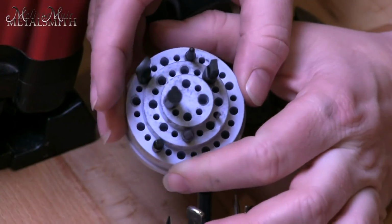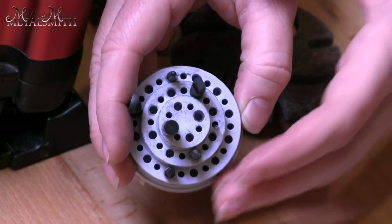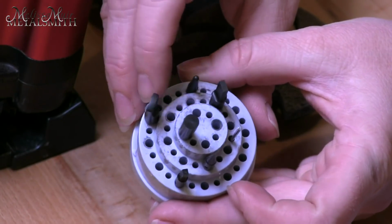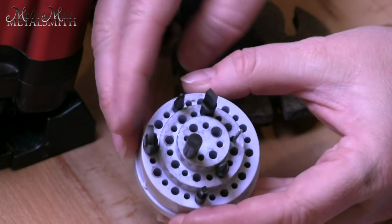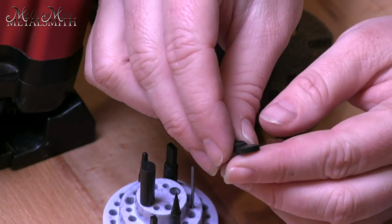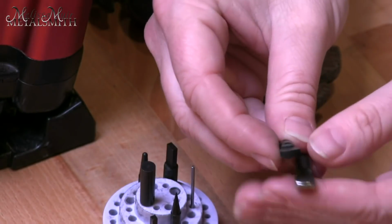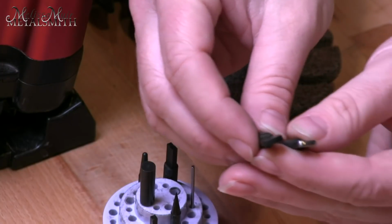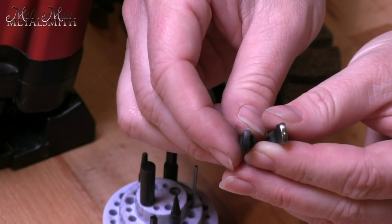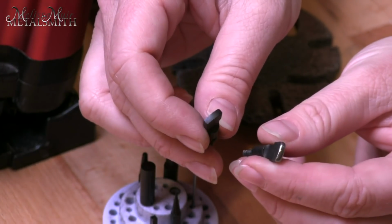So as you can see, there are different points that are available with our hammer hand piece or with the anvils. And you'll notice again, like I said, they all have this black oxide on them, and they also have basically kind of a rough shape to them. So what I want to show you how to do is to alter these from this rough shape into something that's polished and can be used to set your stones, whether you're doing bezel setting, flush setting,